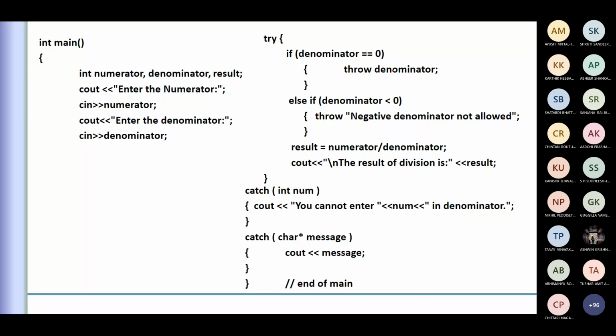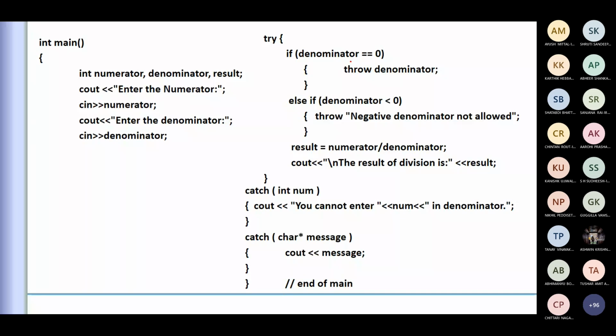And in this case throw is nothing but your message, or a string. So appropriately, when you entered less than 0, this catch block is executed and it will come to the end of that.